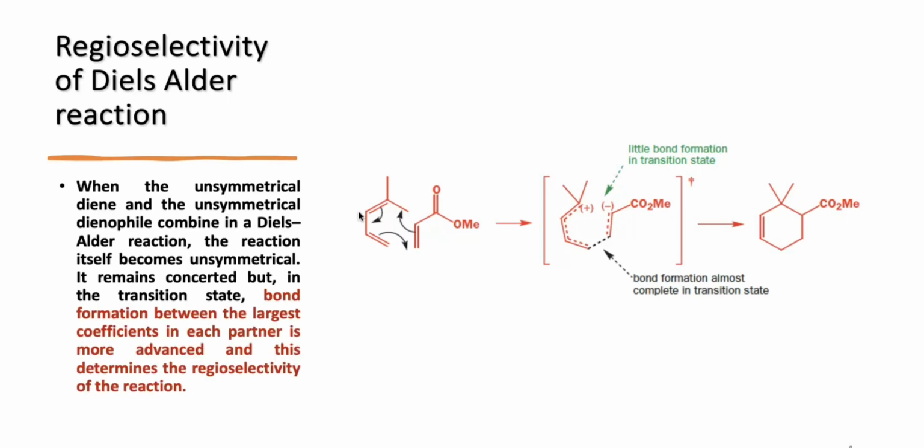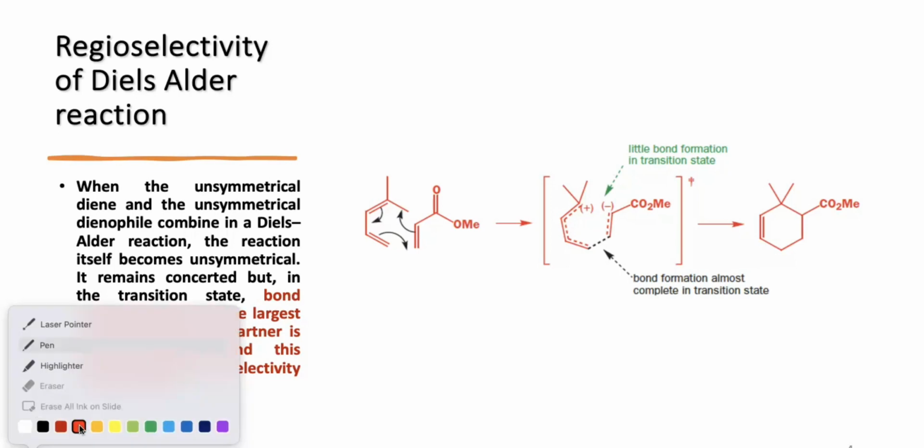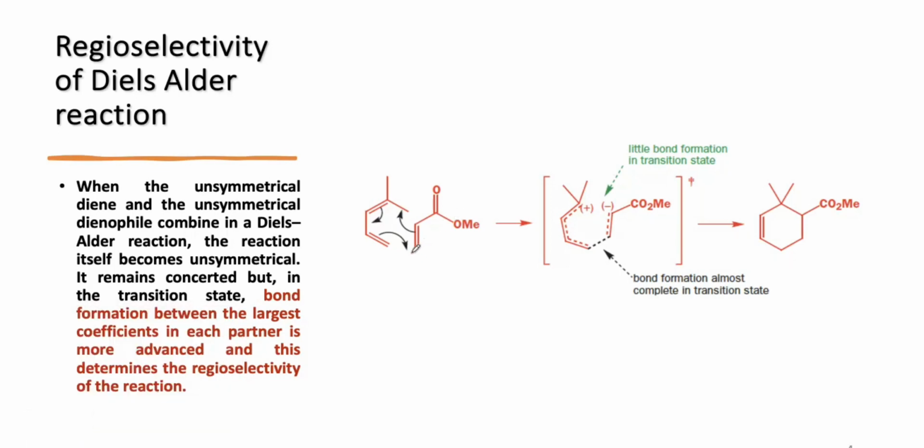Is this clear? So, when the unsymmetrical diene and the unsymmetrical dienophile combine in a Diels-Alder reaction, the reaction will also become unsymmetrical. It remains concerted, so it will take place in one step and it goes through a transition state. Bond formation between the largest coefficients in each partner is more advanced, and this determines the regioselectivity of the reaction. So we can see here the greatest